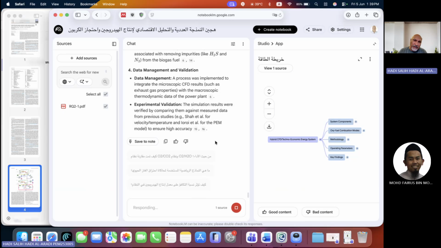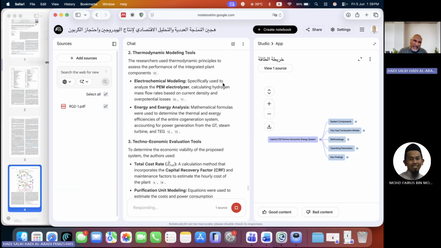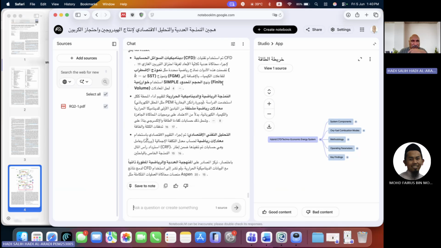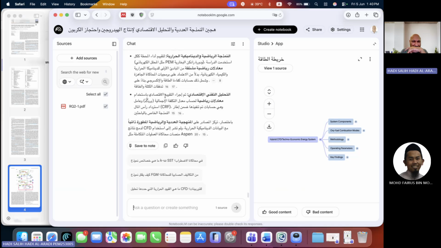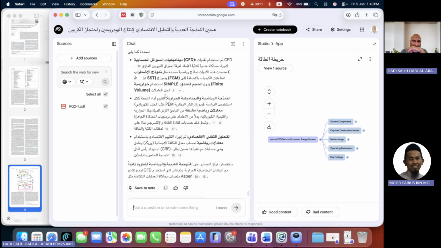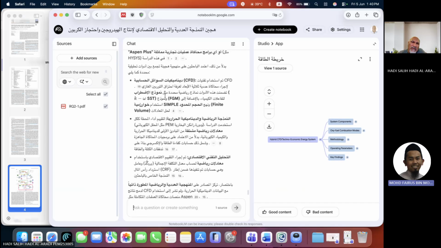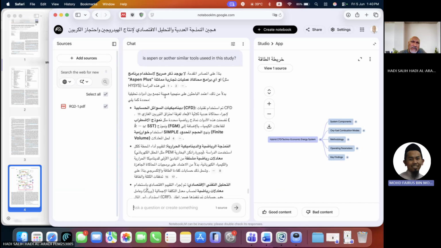I think it's only the CFD. I mean the ANSYS maybe, because K epsilon is ANSYS, right? It's a K epsilon SST turbulence model. What was the answer for the last question? They said they didn't mention whether it is Aspen Plus or any application.